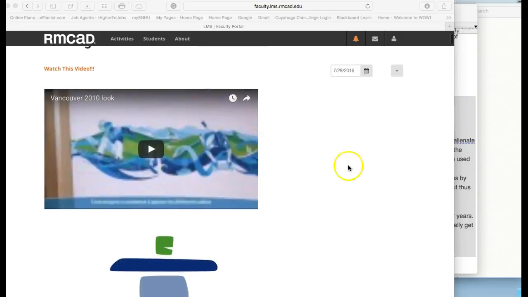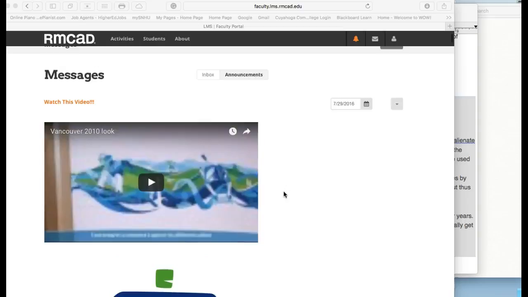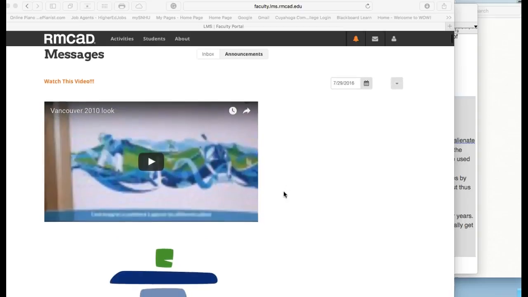So this thing is awesome, and this little video here is the actual design team for the Vancouver 2010 graphics and Olympic graphics, which I personally think was the most stunning of all Olympic graphics I've ever seen, and I've seen them all. So really, really good stuff here, and it's wonderful to get a first-hand perspective from the horse's mouth,